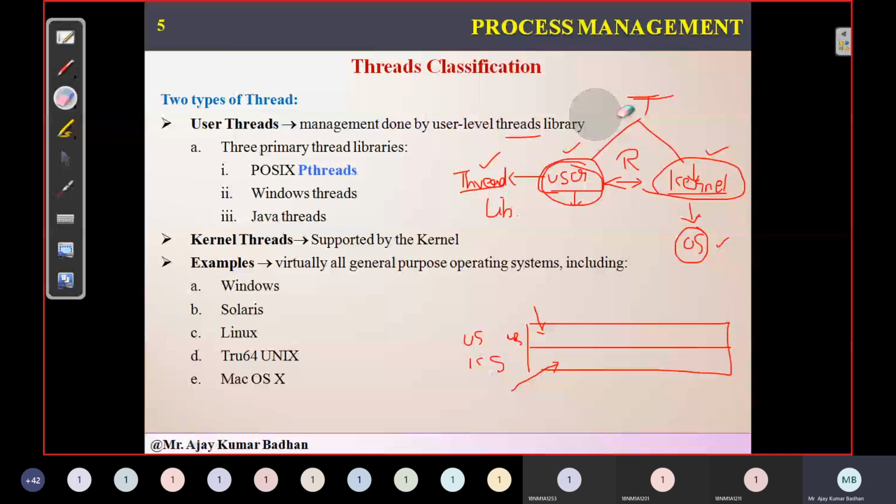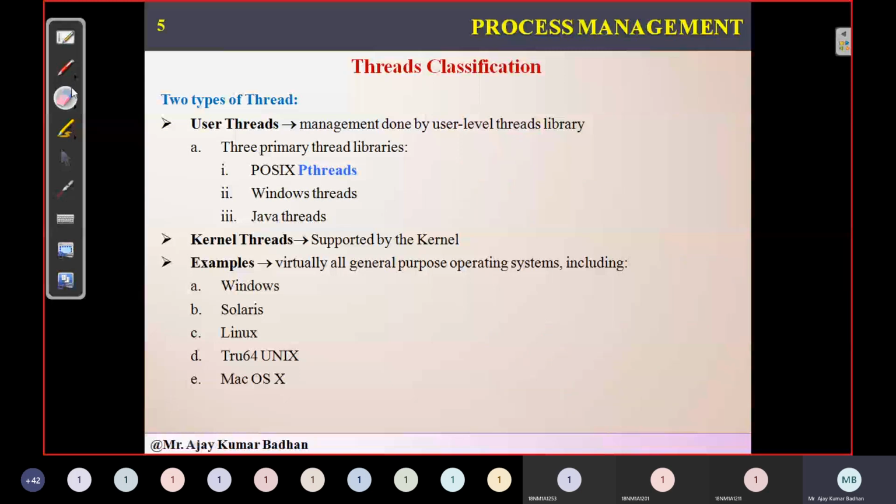Now, based on what I have explained, threads are classified into three types based on the operating systems we have. Something called POSIX Pthreads, where P is an extension of POSIX. Then we have Windows threads, and Java threads, which you might be familiar with since you already worked on them. Java threads are mostly used to write programs and execute them on the Java platform, that is, the JVM. Whatever Java programs you write, you execute on the JVM, and this JVM provides all these threads.